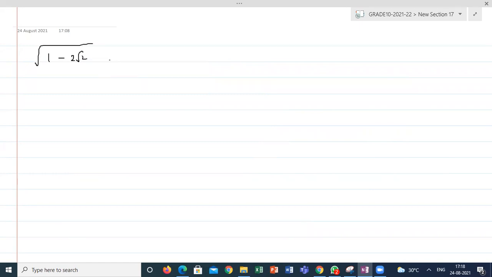Or here they are asking simply solve. So without complex numbers also you can straight away mention. 1 minus 2 root 2 approximate value you can calculate and take i outside. That doesn't matter. But how to calculate the square root of this irrational number? Anyone having any idea? Students, please respond.